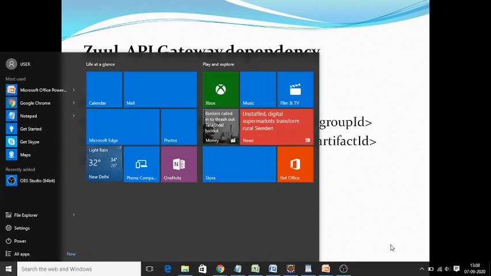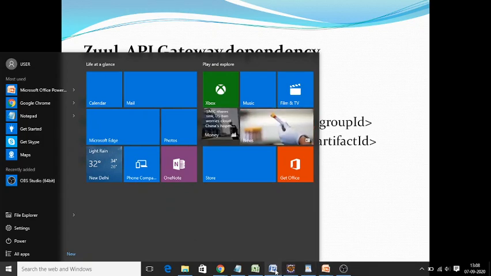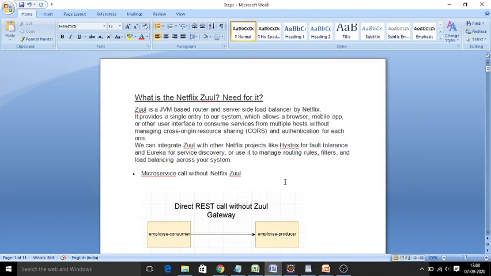Let us also look into certain steps available for this Zuul API gateway application. And another important feature is, when you are going to consume your microservices by third party client applications like Angular or React or any other UI framework based applications, you need to enable the CORS plugin for multiple microservices.